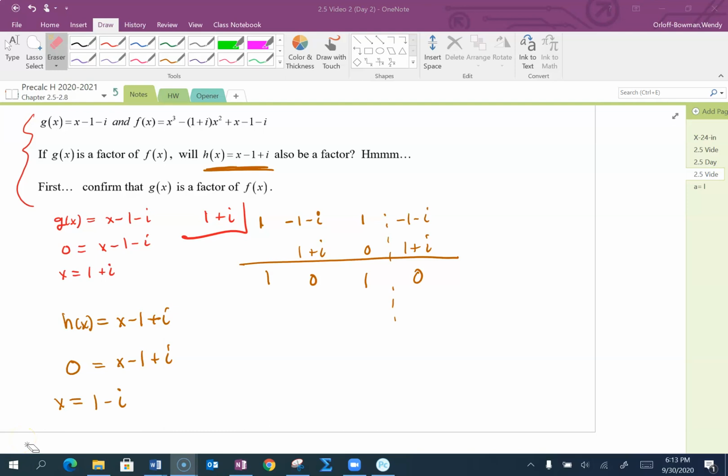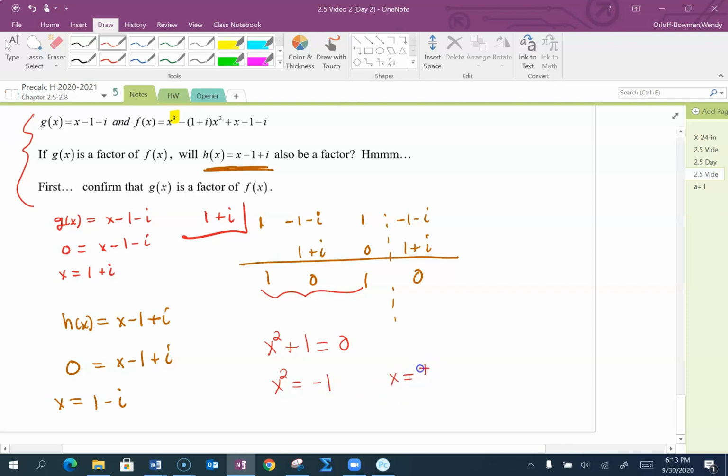So I tried to lead you down a path to make you think, well, maybe I'd synthetically divide again. But this is a third-degree polynomial. And now I'm down to a quadratic. This is x squared plus 1 equals 0. So if I solve that, I get x equals plus or minus i. I can only have 3 zeros. So the answer is h cannot be a factor